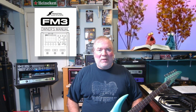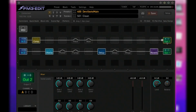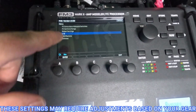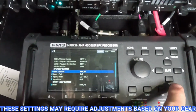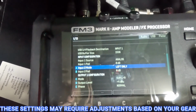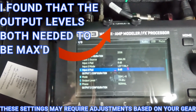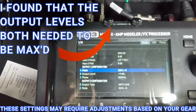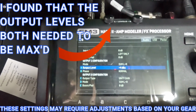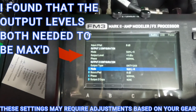So, to start with, read the FM3 manual, especially page 38, detailing how to connect the SYN-2 and the FM3 together. Make sure you have all your I/O settings set as follows. Go to Setup and go to I/O. Make sure that input source 1 is set to analog, that its boost is set to 0, input 2 mode is set to left only, input 2 pad is set to 0, output 1 configuration is set to sum left right, output 1 level is set to +4 dB, and output 2 level is set to unity gain,